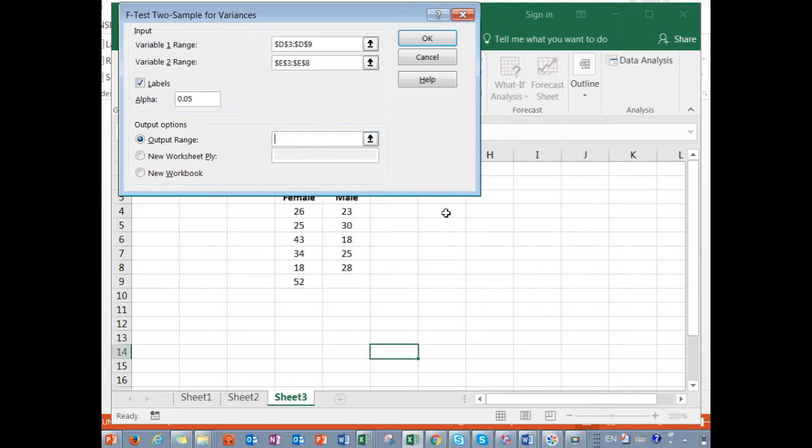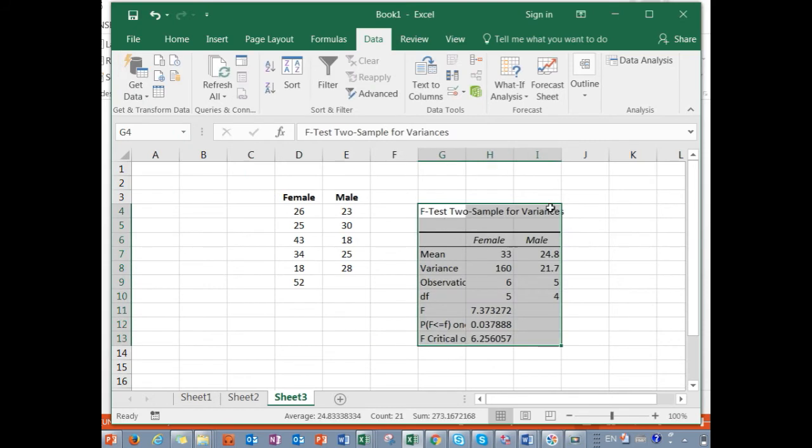Let's say I want the result to come somewhere here, so I click here. That's fine. So the result will start from here and go somewhere there. Okay, and now I'm happy with that to check my assumption, whether I can retain my assumption that the variances in this group are the same as the variances in this group. So okay, now